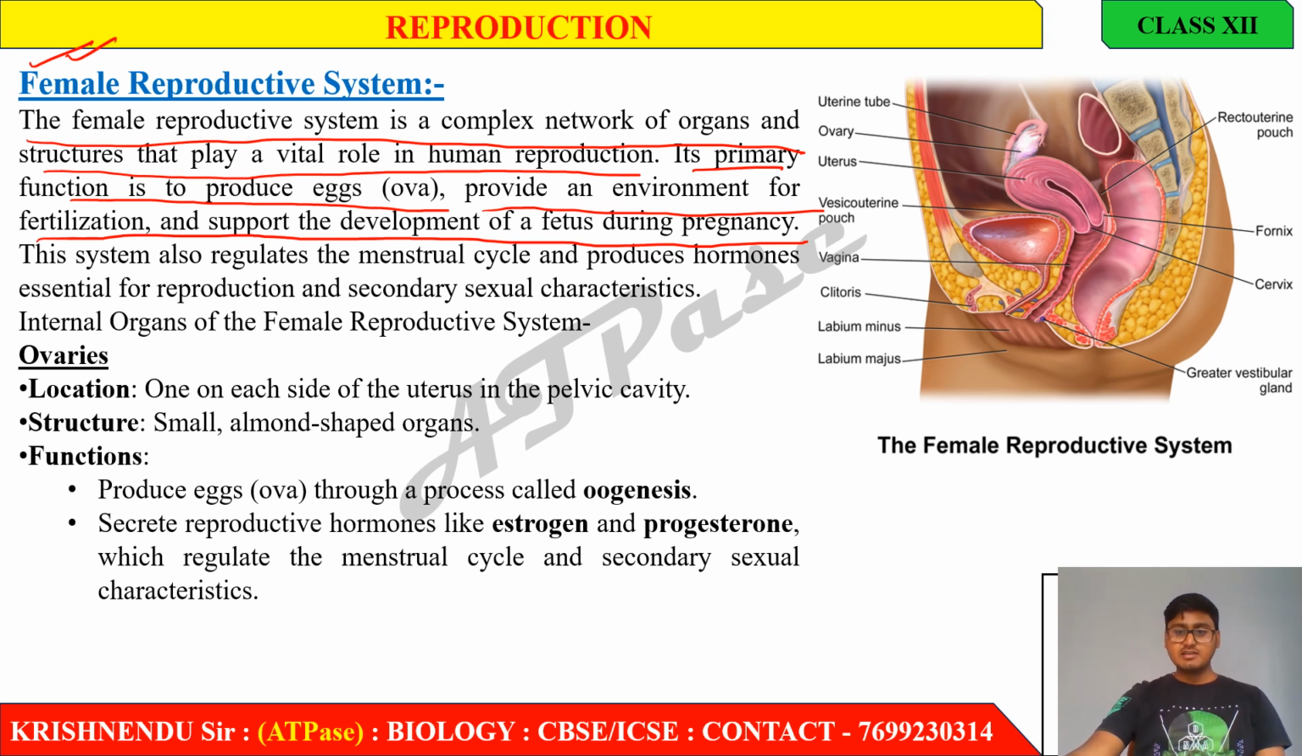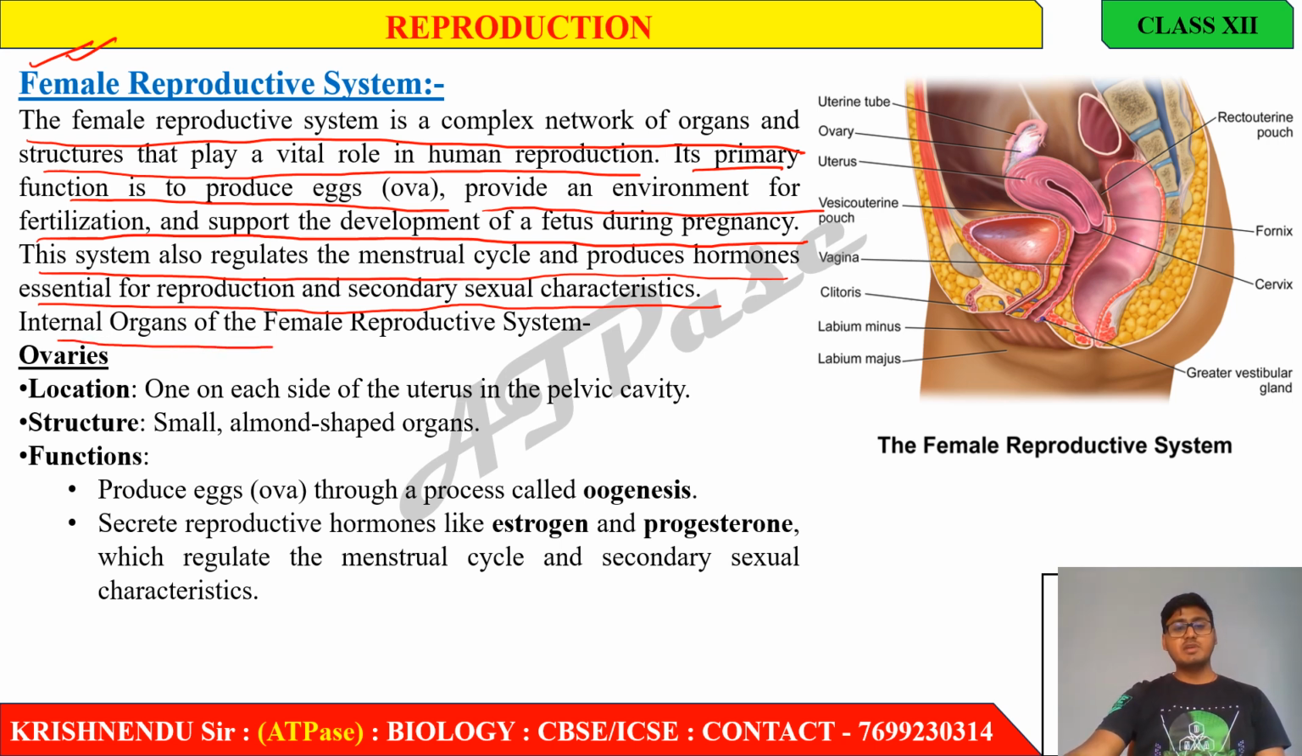At first, to produce egg, this is the female gamete, then provide an environment for the fertilization. You know that inside the female reproductive tract fertilization occurs, and they support the development of the fetus during pregnancy. So these are a few functions of the female reproductive system. This system also regulates the menstrual cycle and produces hormones essential for reproduction and secondary sexual characteristics in case of female. So this female reproductive system also secretes specific types of hormones